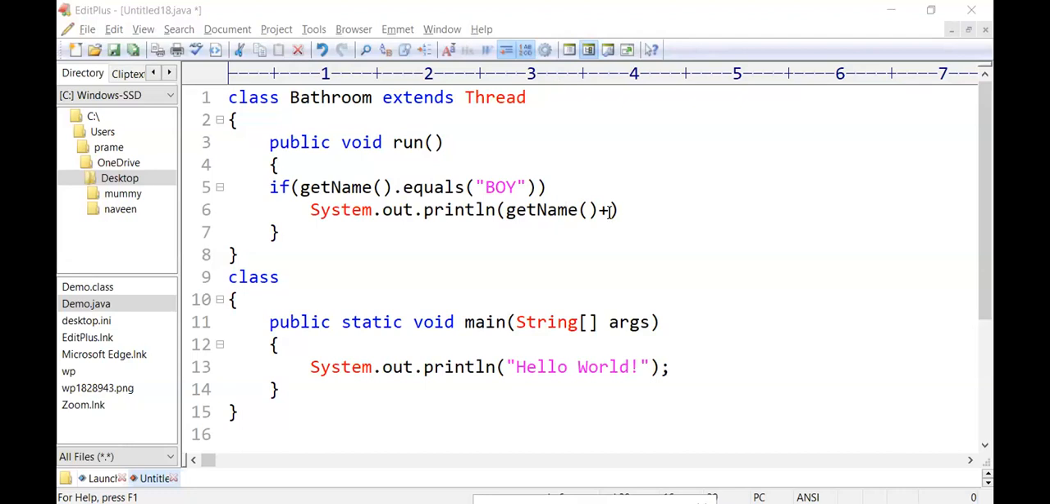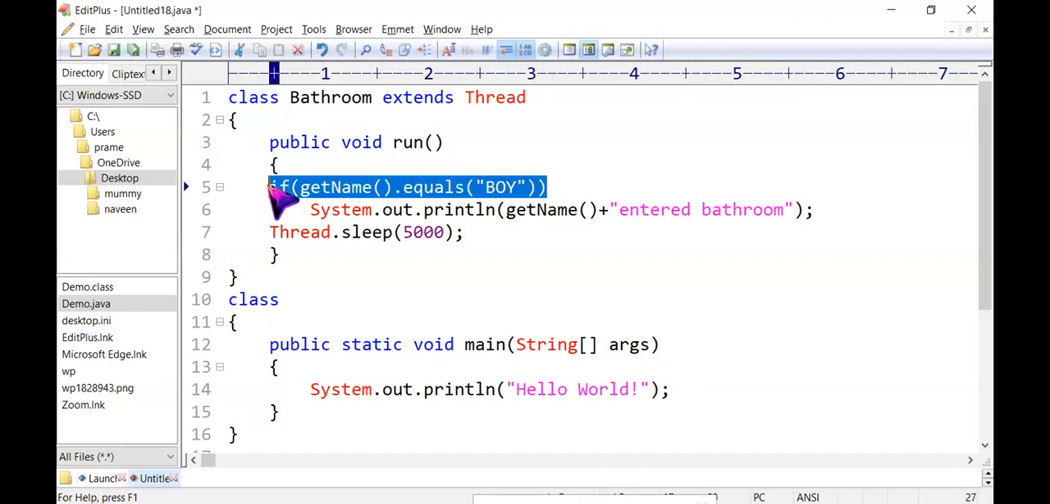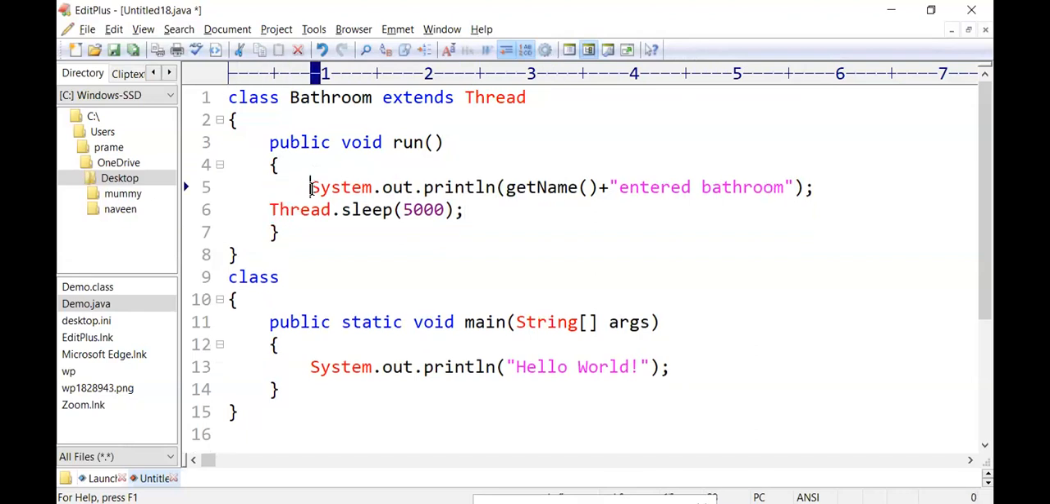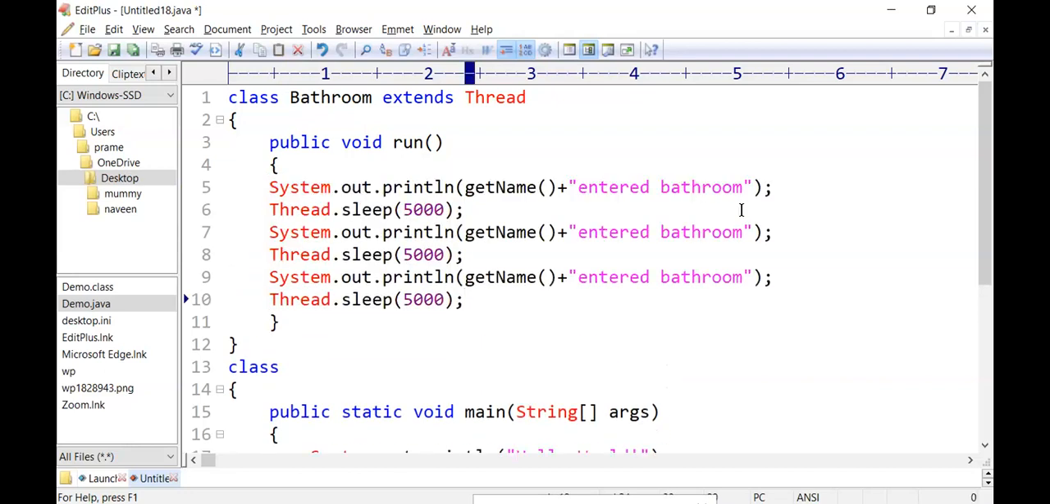Right. So here I'll just write enter bathroom, and then I'll try to say Thread.sleep(5000). No, I don't want to do it like this. I'll directly write this much. Whosoever gets the chance will first enter, and then here I'll say started using, and then here I try to say